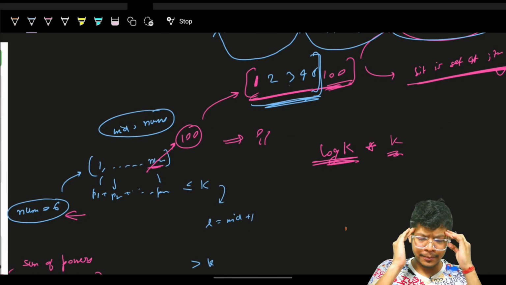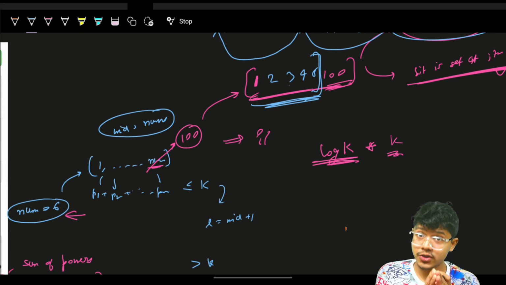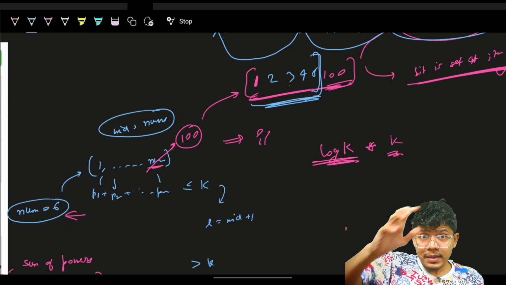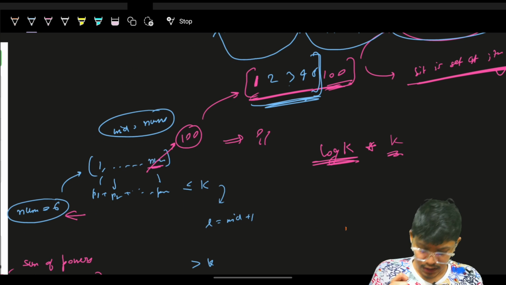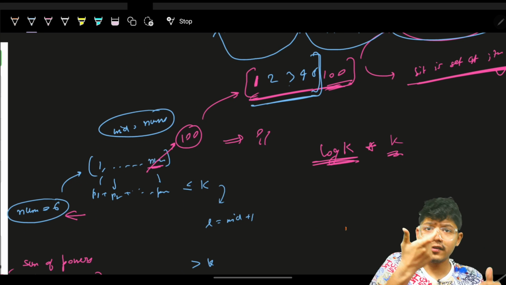So coming back to the ultimate aim. Again, I'm not saying it's an easy problem. It's actually hard, and that's how you actually understand this. Coming back to our basic logic, what we wanted is, from 1 up till some value of num, we want to know